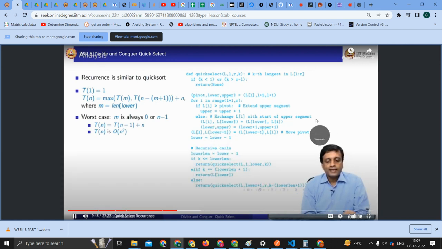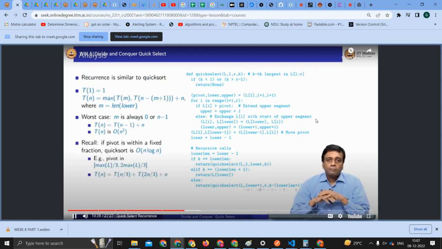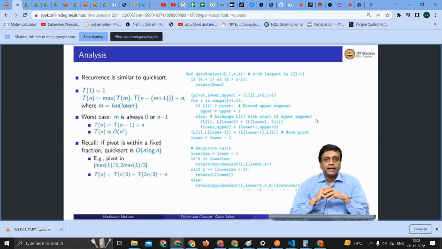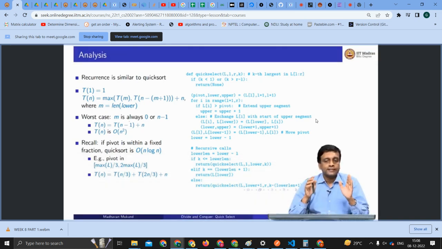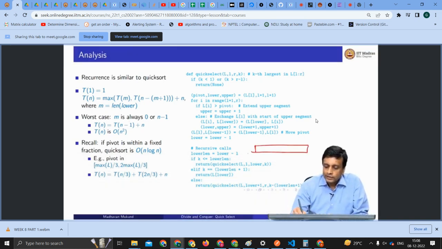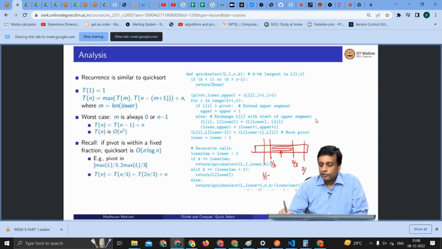So that your m is 0, for example, is the worst case for quickselect, because in the worst case, sorting leaves the empty half. But last time when we looked at the recurrence tree analysis, it was 1/3 and 2/3, right? If your pivot is guaranteed to be in the middle third, so supposing my values are arranged in ascending order, I'm not promising you the pivot is in the middle, but I'm saying that the pivot is going to be somewhere in this segment between 1/3 and 2/3. It can be any fraction. It could be 1/5 and 4/5. This is also fine. So for any fixed fraction, if I can knock off a fixed fraction by choosing a good pivot,